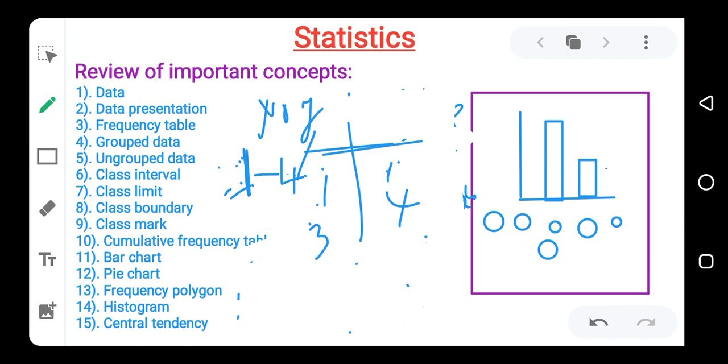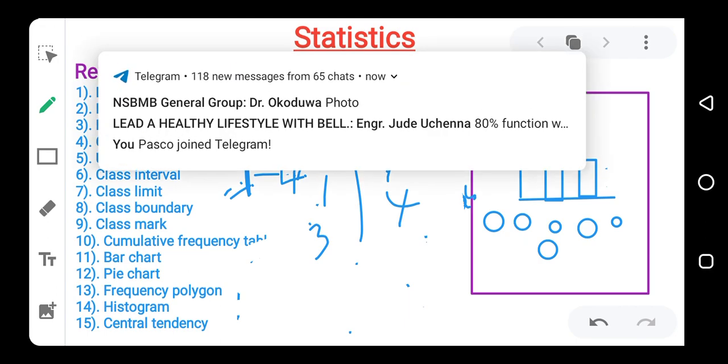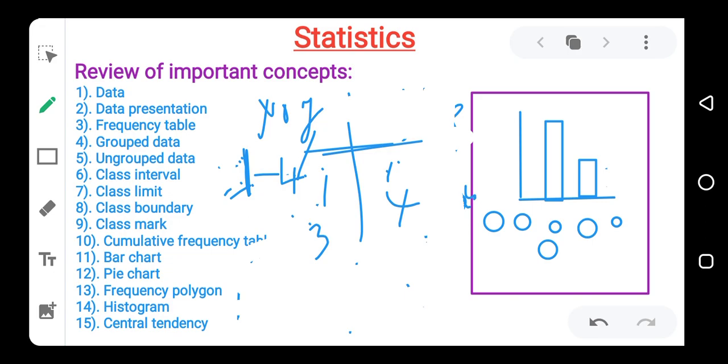Now, class mark. Class mark is gotten when you add the lower class limit and upper class limit. When you add the two of them together, it will give you the class mark. So when you add 1 plus 4, which is 5, 5 divided by 2, that will give you the class mark. When you add the lower class limit and upper class limit and you divide the sum by 2, you get the class mark. Then cumulative frequency